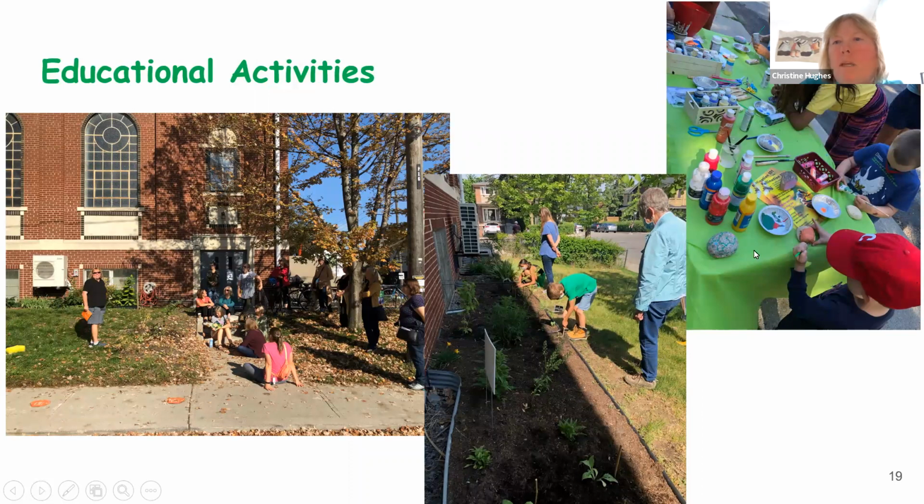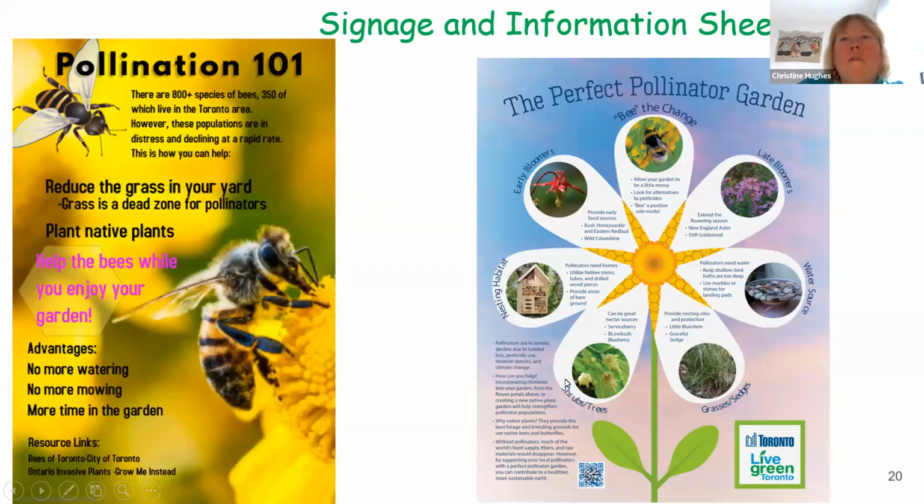It's the rock painting thing I mentioned, and these are the kids planting what they grew, and that's that Moms on Bloor group. And then the blue sign is, we've got two of these signs out, one on Windermere and one on Mayfield, that explain about all the different things that you should have in your pollinator garden. And then the yellow sheet was a handout we had available in the garden at one point, trying to